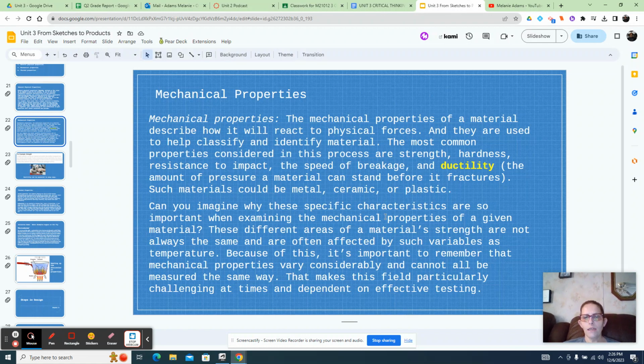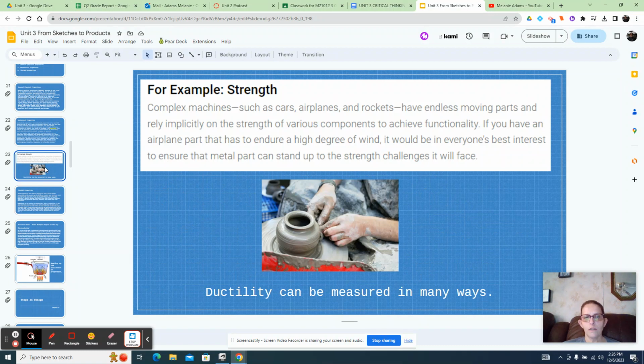So why is that important, right? So different material strengths are not always the same. They're variables or temperature. Because of this, it's important to remember that mechanical properties vary considerably, cannot be measured in the same way. So you're going to think about ductility